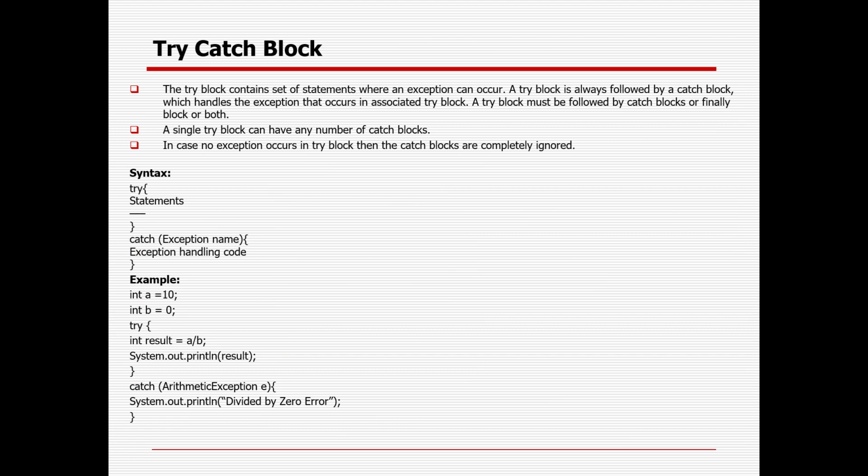Built-in exceptions are the exceptions which are available in Java libraries. These exceptions are suitable to explain certain error situations. Below I have tried to list a few of the important exceptions. ArithmeticException: in case you do some exceptional arithmetic operation, it will throw that error. ArrayIndexOutOfBoundsException,